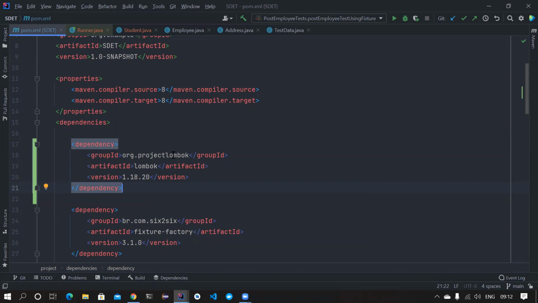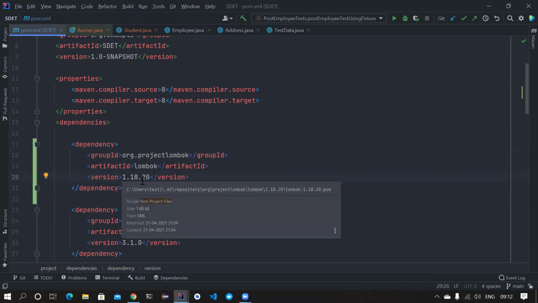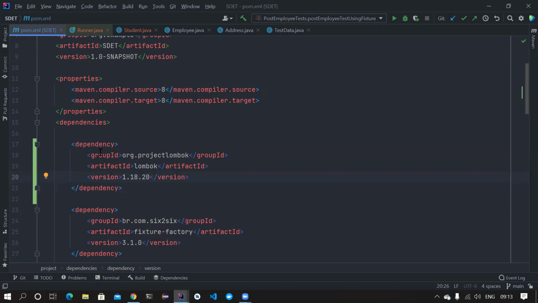Go to this particular folder and then double click on that jar file. You will get a pop-up where it will by default recognize where your Eclipse is installed. Click on OK. If it is not recognizing, you choose the path where Eclipse is, so that the plugin also gets installed in your Eclipse, so that you can see the delombok code. We will understand what delombok code is in a few minutes.